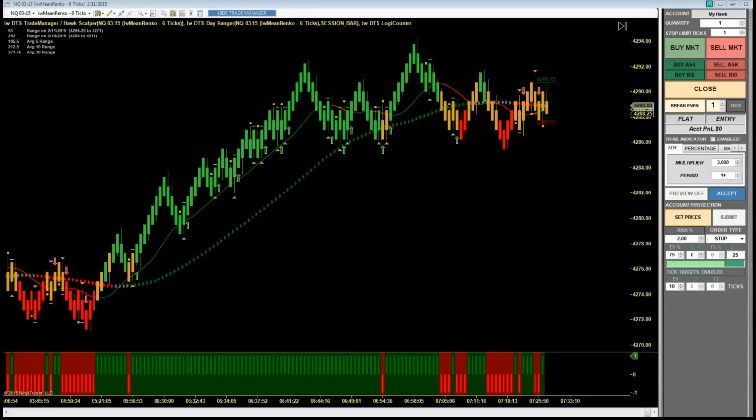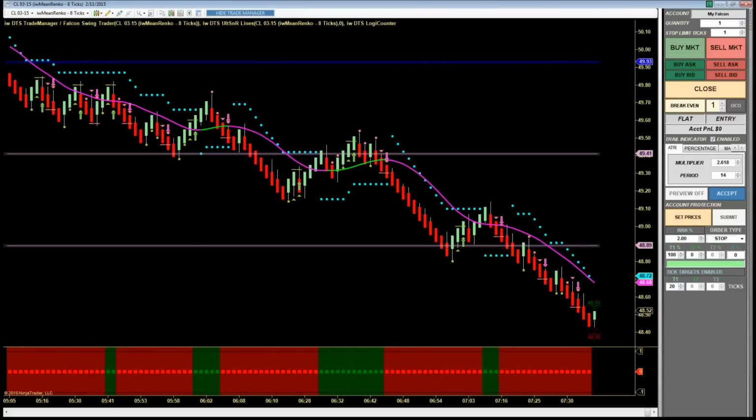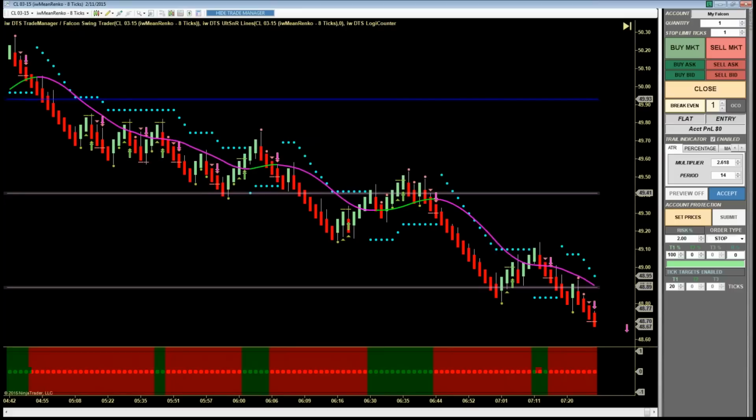And we also have an OCO function. One cancels other. These are great when the market is going sideways, as it is right now, or, oh, we just missed the crude inventory report. A lot of times going into crude inventory,